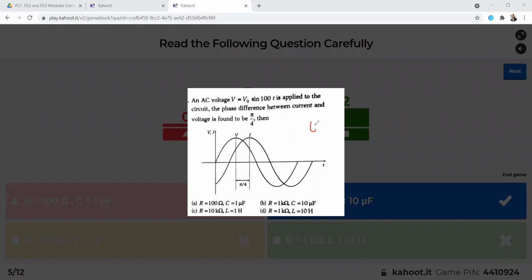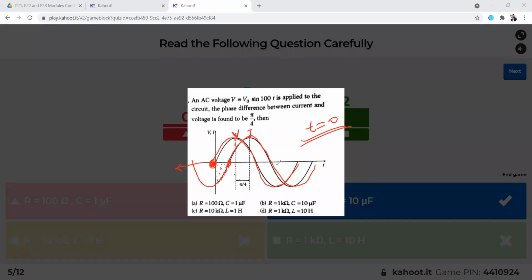We have to just observe at t equal to 0. If we complete the curve, this is V and this is I. Let us say I talk about the start of any journey, considering this curve. Here V is starting quite later as compared to I, because I has already traced so many values. So the current here is actually leading.